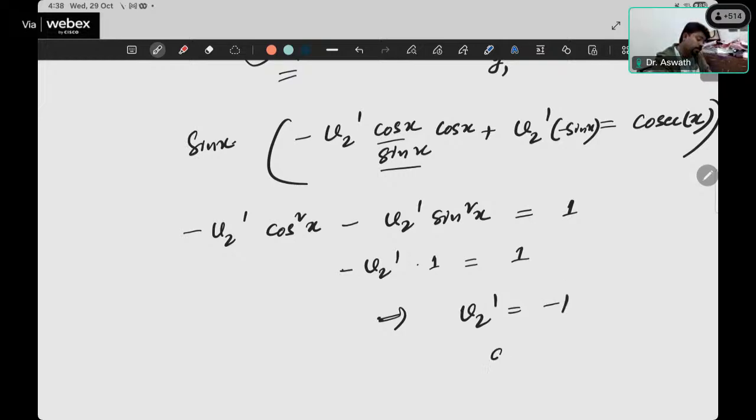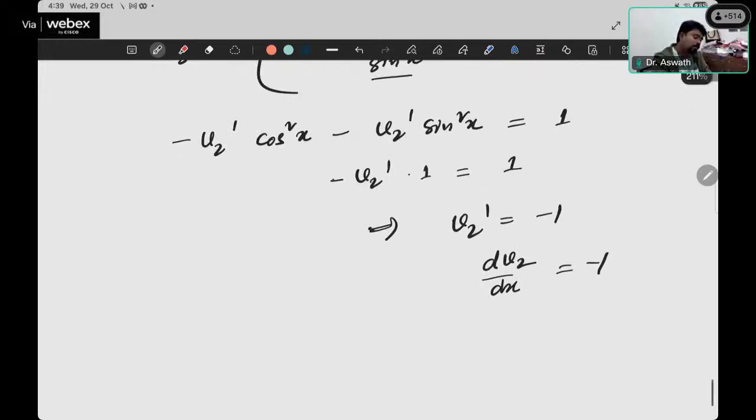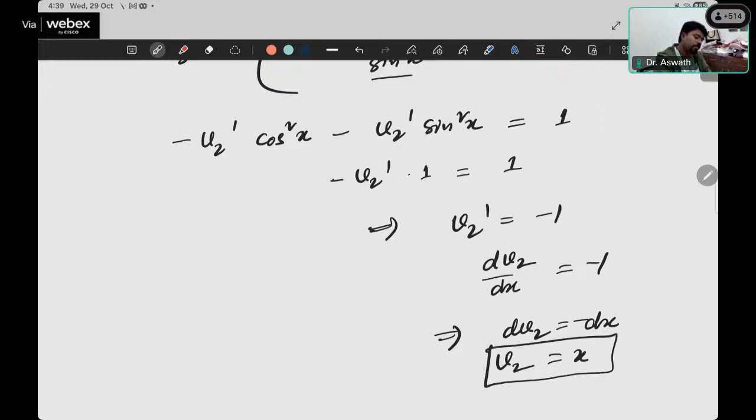So v2 prime means dv2 by dx is equal to minus 1. From here you can find dv2 is equal to minus dx, so v2 is simply minus x. Similarly, the moment you know v2 prime,